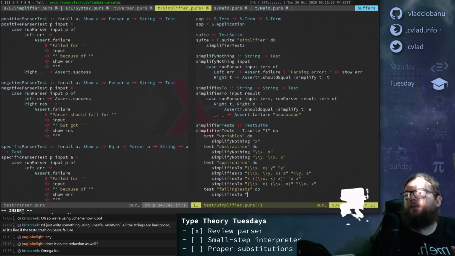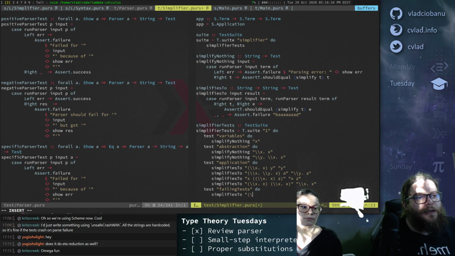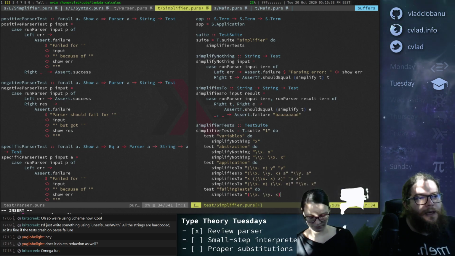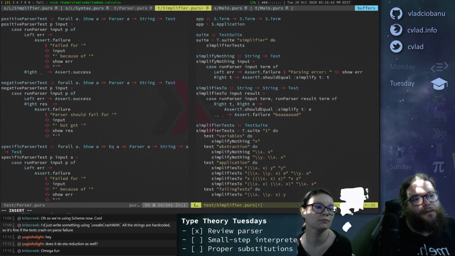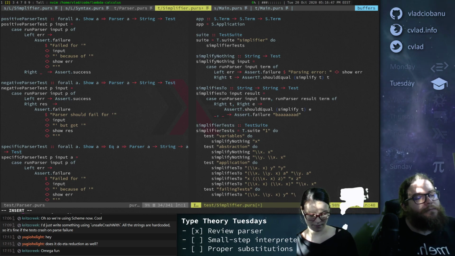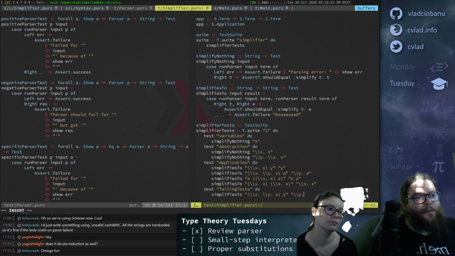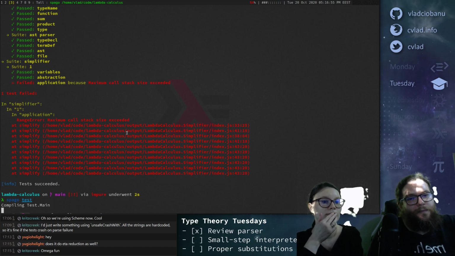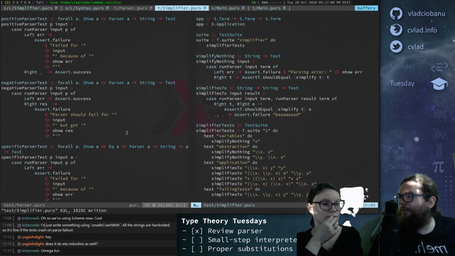So what are the things that we know don't work right now? So one example is, if I have a lambda x dot lambda y dot x, right? And we pass it a y here, right? Yep. Because this should result in, like, we don't even know what it should result into, yep. Right? But it should not be y dot y, which is the case here, yep. Right? So this is bad. Yep.